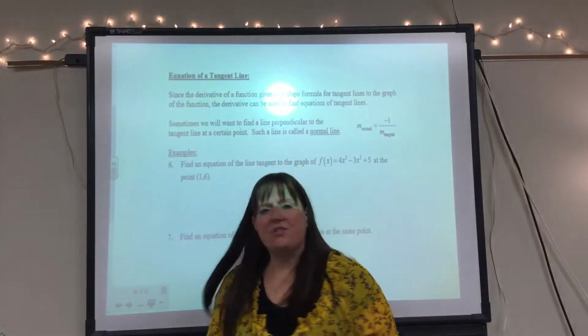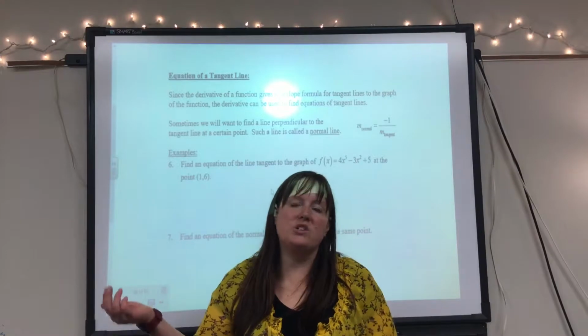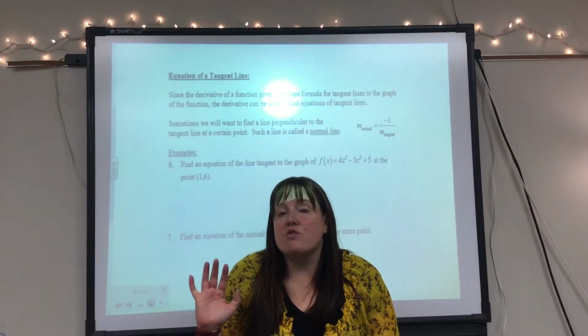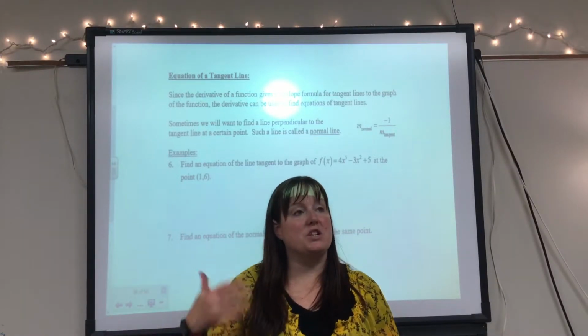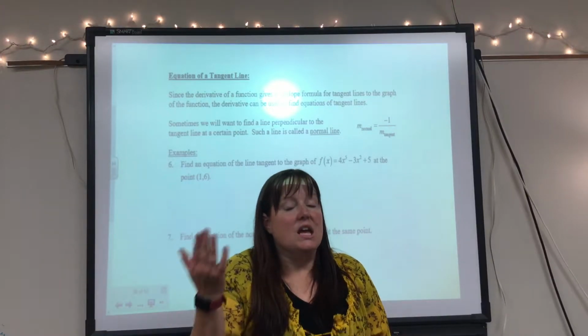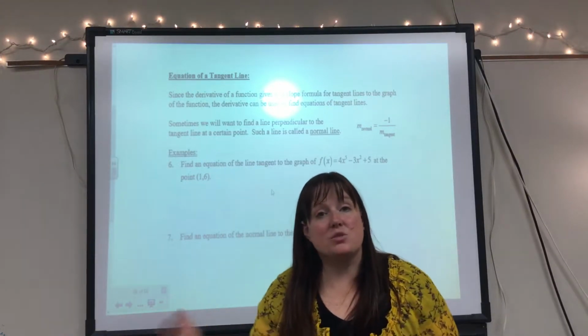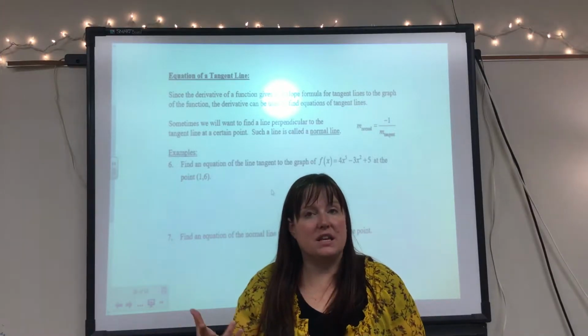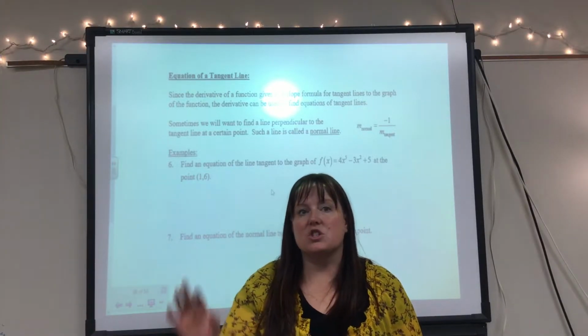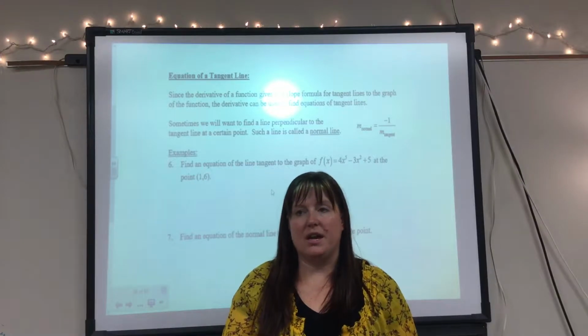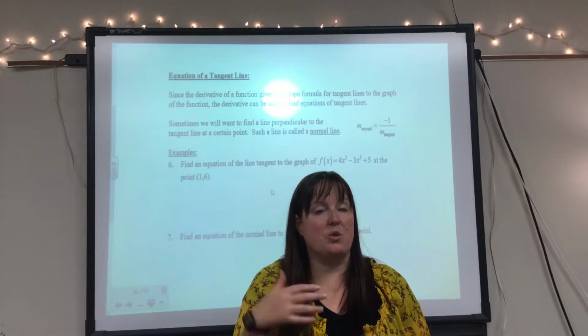All right, remember my last video when I said, oh look, we have the equation of a tangent line, and I'm like, oh wait, no, not the equation of a tangent line, we have the equation of the slope of a tangent line. It's because there's a kind of big difference. When we're finding the derivative, we find a function that gives us the equation for the slope of a tangent line, okay? So when we put in an x value, we get out a slope, we get out a number,